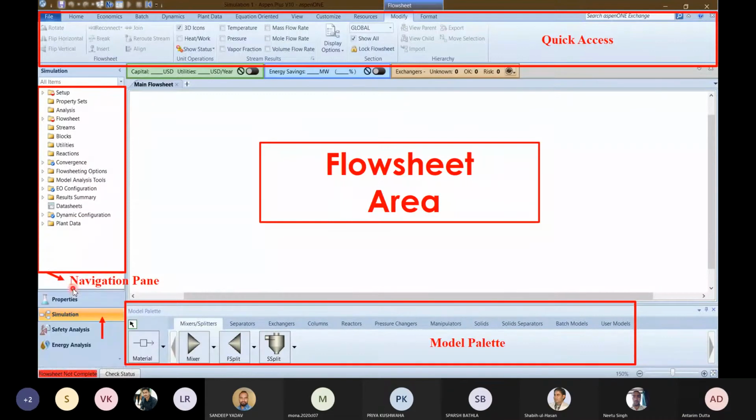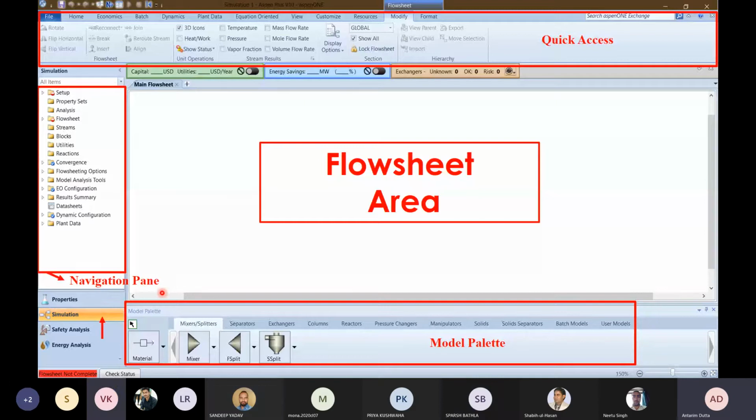It has already been shown to you that Aspen has these four environments to work upon. In lecture one, I gave you the introduction about property analysis, and we work on property in this particular segment, which is the property environment. I hope my screen is visible to everyone. Yes, sir.